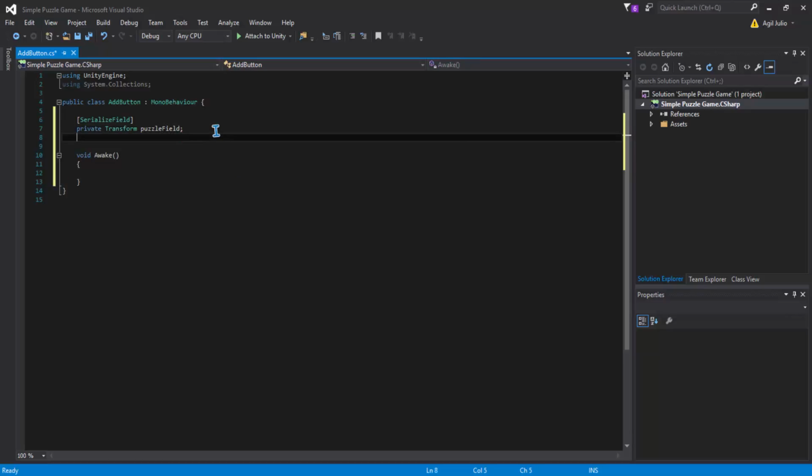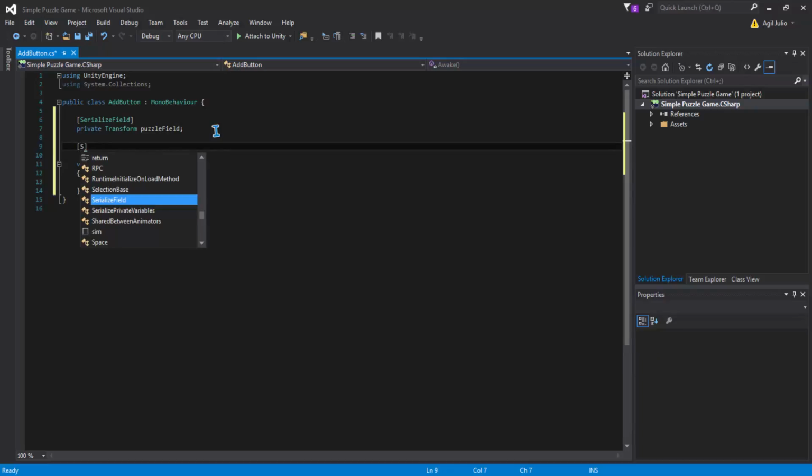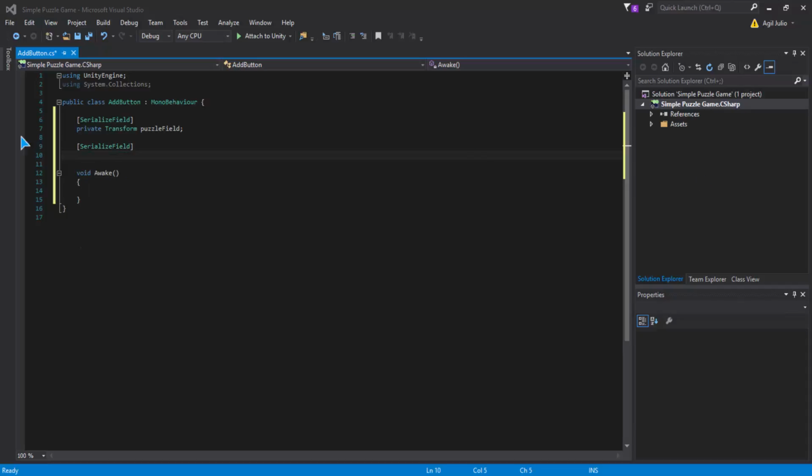And here we need a serialized field again, add button. Oops, I mean game object, button.